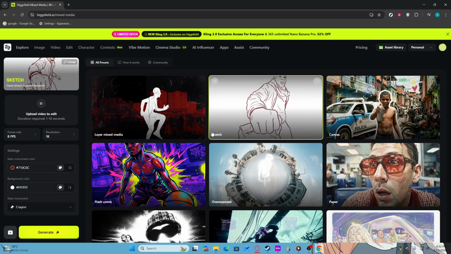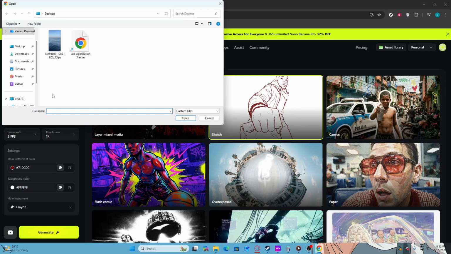Now click on Upload a video to edit. This option will allow you to add your video file to the project. A file dialog will appear, enabling you to browse your computer for the video you wish to remix. Once you have located your video file, select it by clicking on it, then click the Open button in the